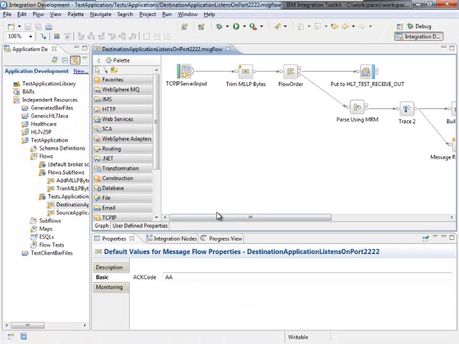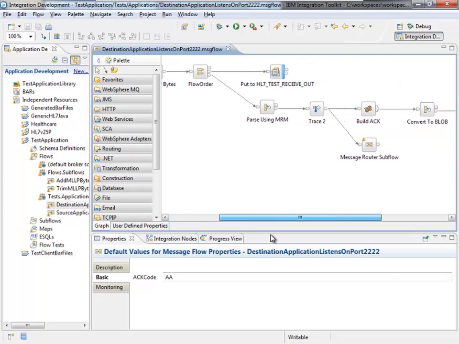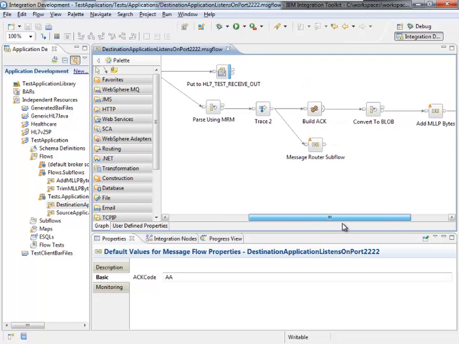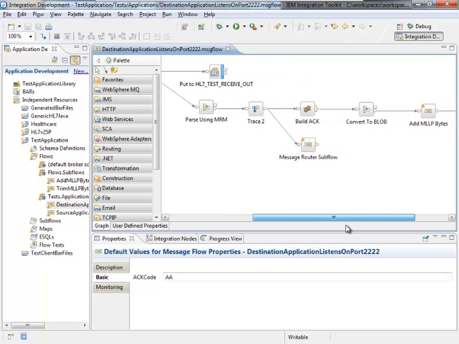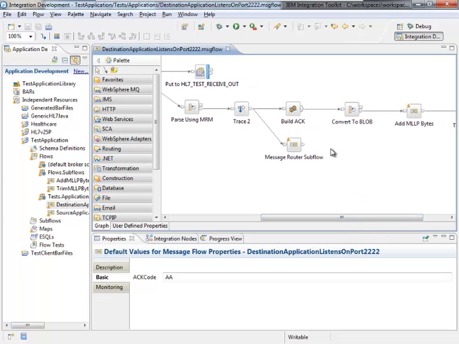And it's really just an example of a number of different things that you can do inside of a message flow, where you are stringing together different nodes, different kinds of activities along the way that you want to occur at various levels of detail. So here you can see we're doing some TCP/IP communication, so potentially very low-level things. And then we are parsing the HL7 message specifically here. Here's where we're tracing it, so we're writing a copy of that message out, in this case to disk, so that we can get some visibility into what's happening in our flow. And we're acknowledging that we've received the message up here.